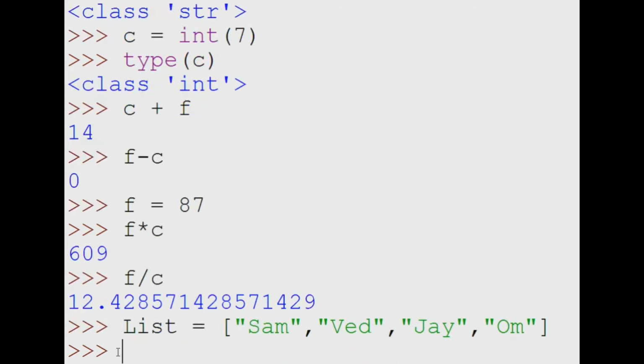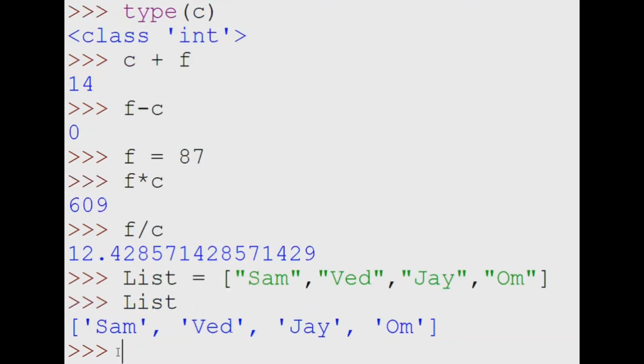If I type list and enter, it will give us the values in the list. In the list there are all these items, which are called items. If we type this bracket, then it will say that it is a list.